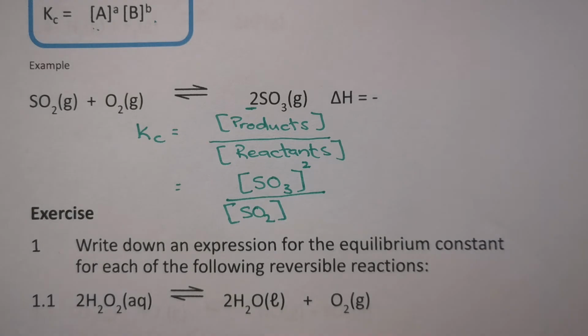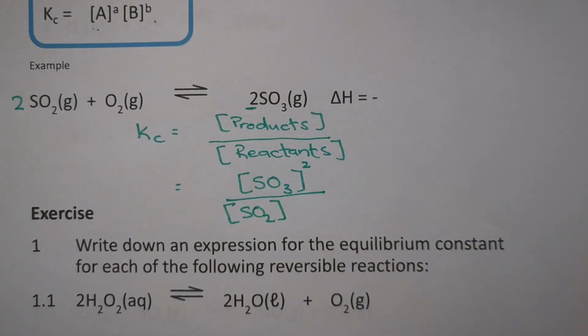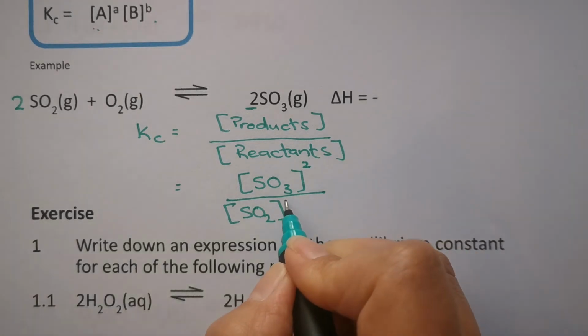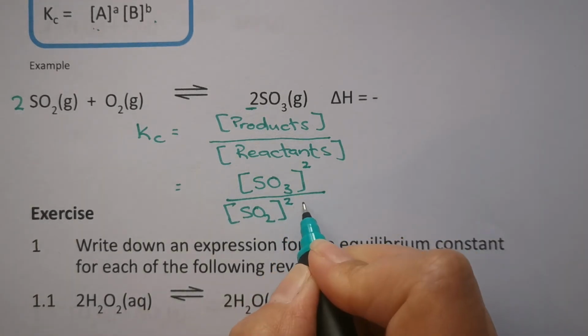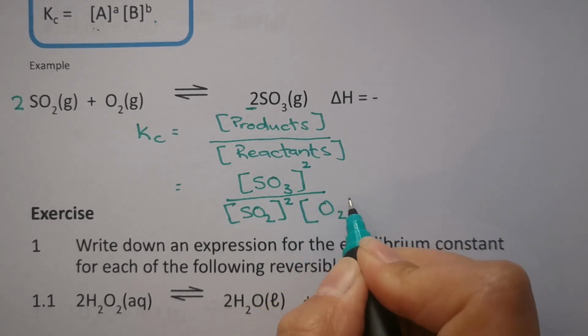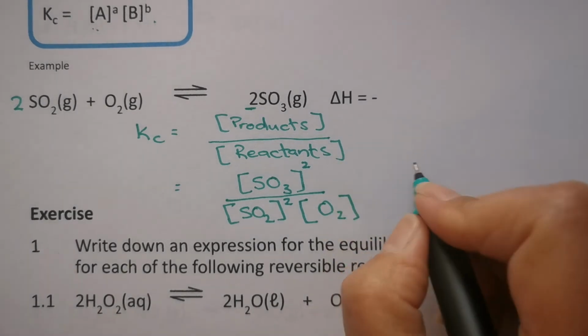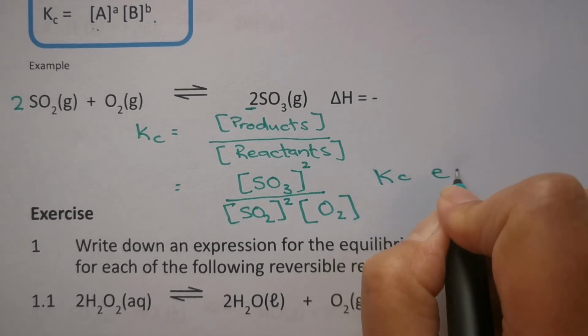You can see, oh, I think I'm missing a number. Sorry, there should be a 2 in front here just to balance the equation. You can see that? Yes, which means it's going to be raised to the power of 2, and then the second reactant is O2 raised to the power of what it is in the balanced reaction, which is nothing. Okay, and this is then the Kc expression